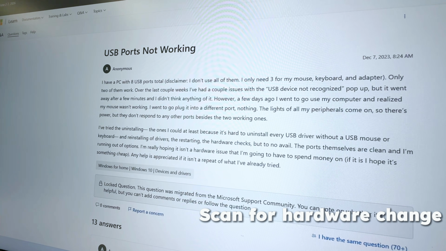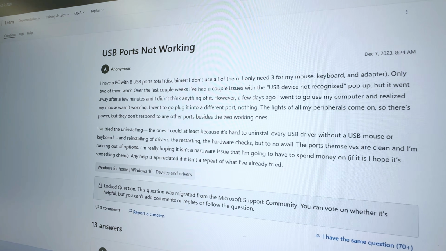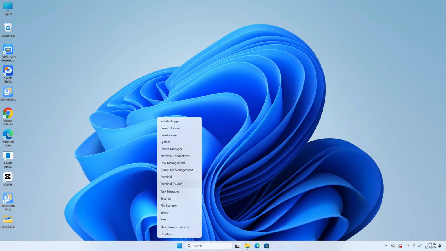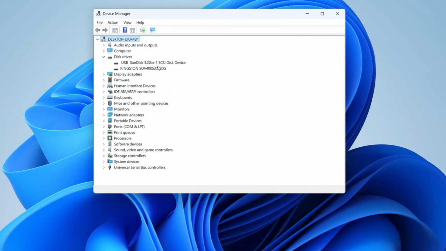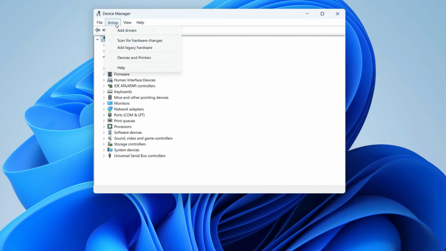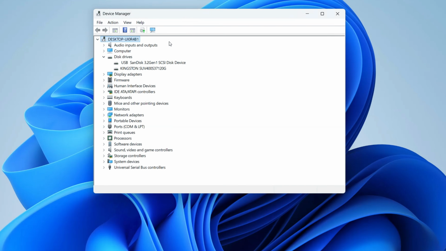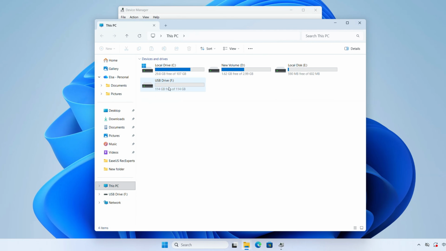Sometimes Windows simply fails to refresh our hardware properly after a disconnect or crash. And to fix this, open Device Manager again, find disk drives and expand it. Right-click on your USB drive and choose Uninstall Device. Don't panic. This only removes the device configuration temporarily. Then at the top menu, click Action and Scan for hardware changes. This forces Windows to redetect all connected storage devices from scratch, and in many cases, the USB drive comes back